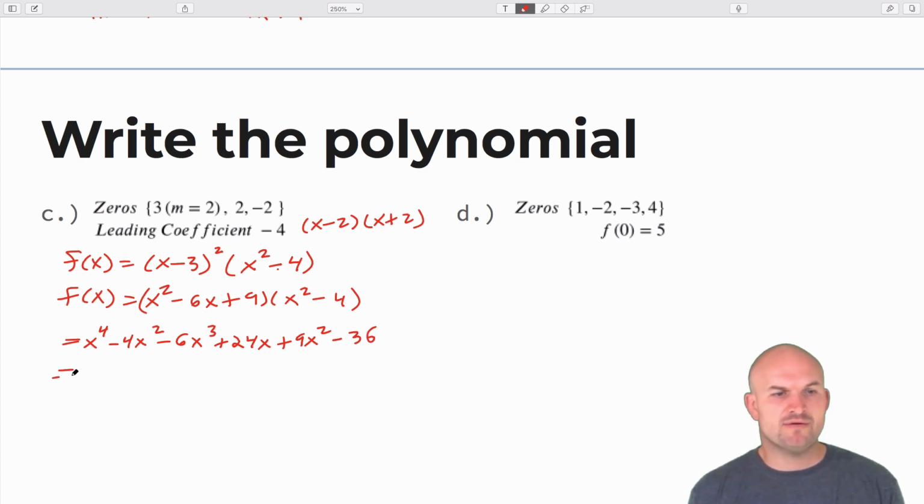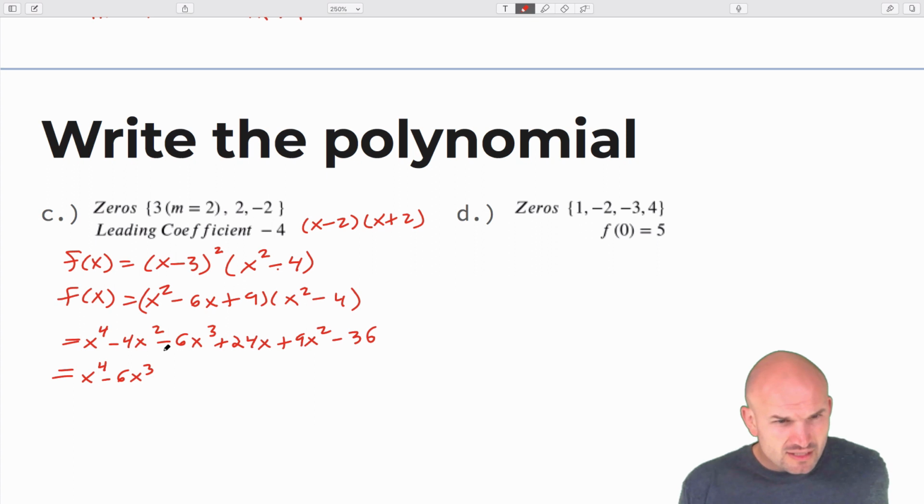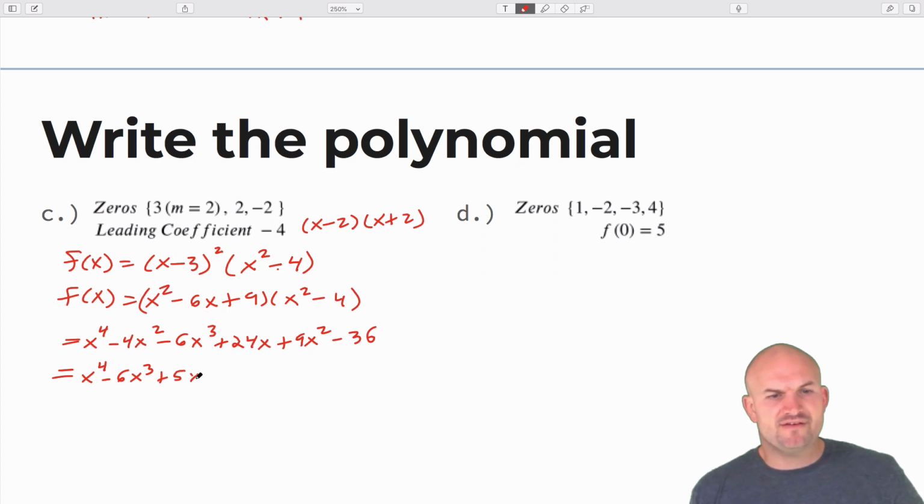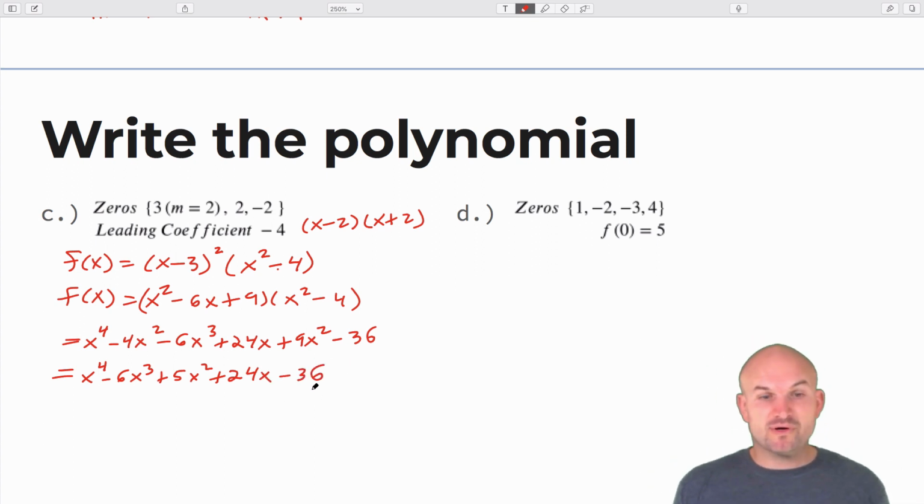Okay, so now we're just going to combine like terms. Nice, I didn't have to do the box. If you're good at this method, that's fine. Actually, I need to do the cubed first. Combine my x squareds, I'm sorry. The x squared is the only one, so that's going to be positive 5x squared plus 24x minus 36. Okay? Now, the important thing is, again, there's my polynomial multiplied out, but I need it to have